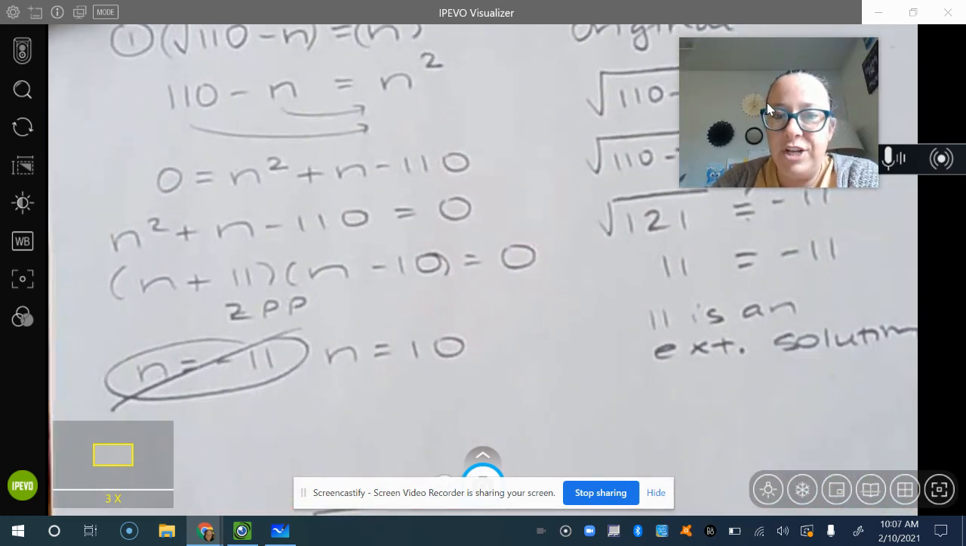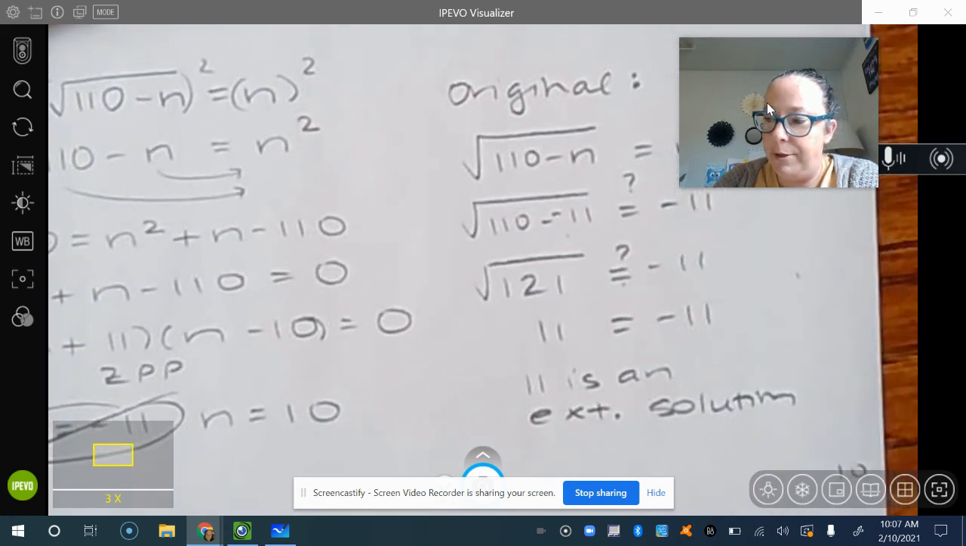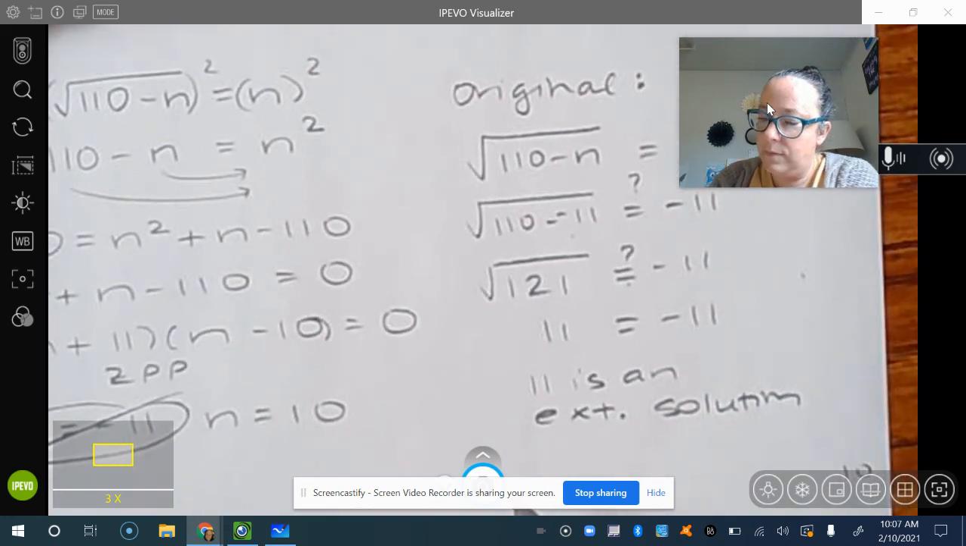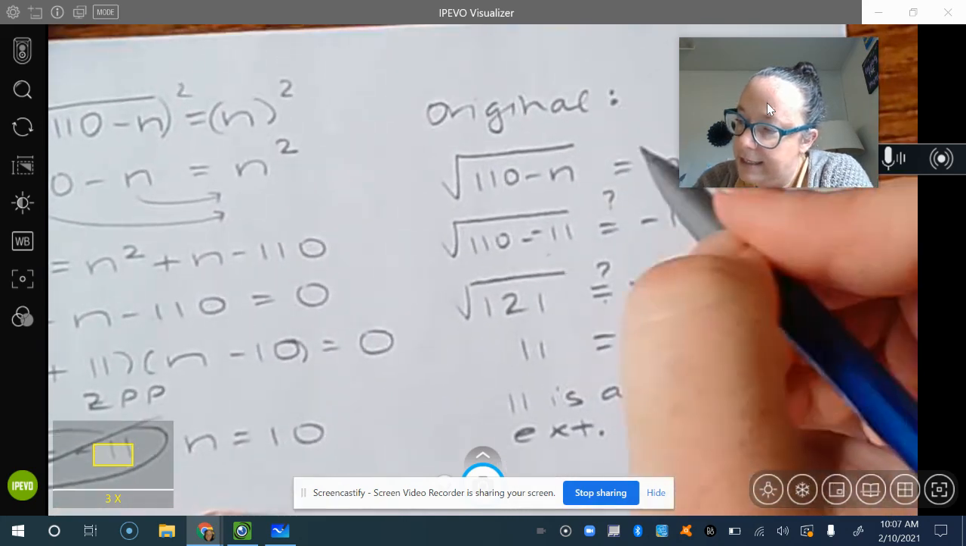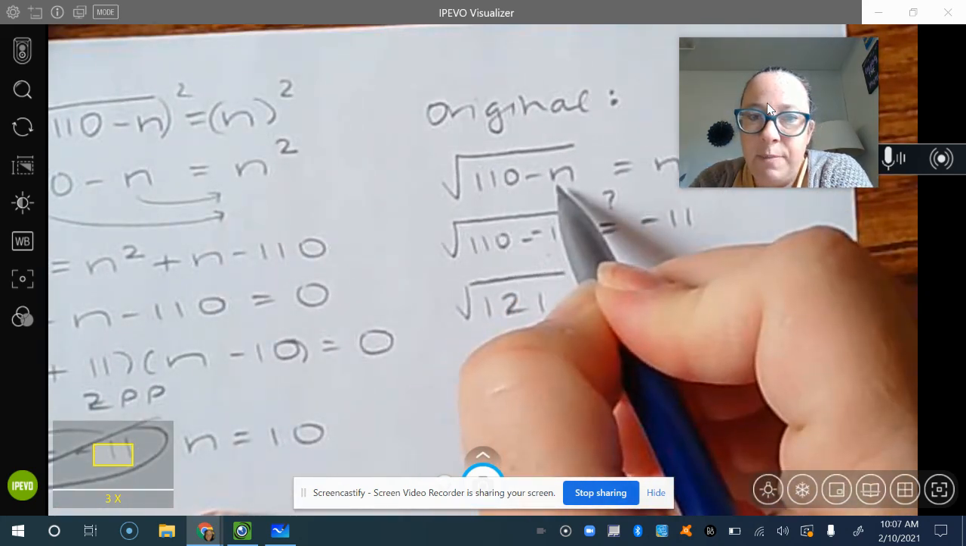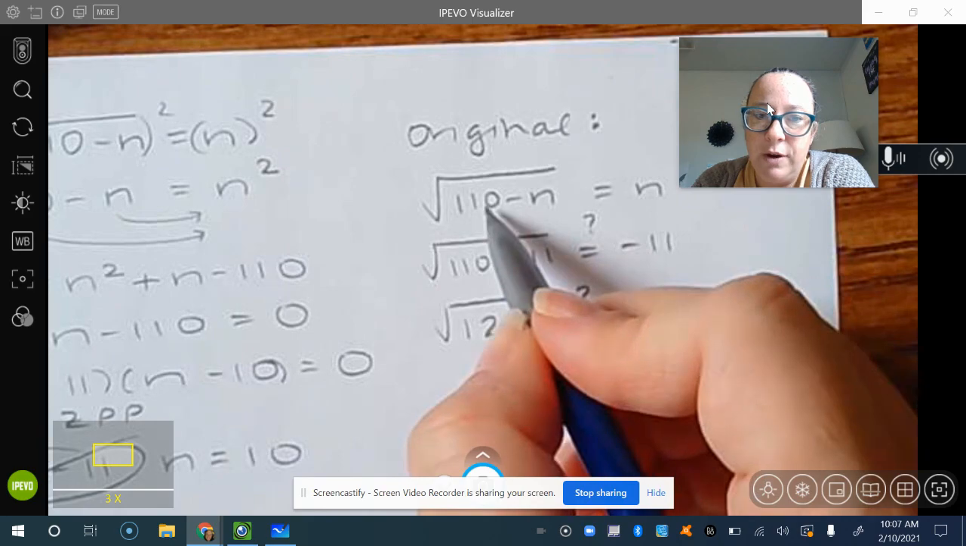All right. Now let's check the 10 in the original problem. So I'm checking the 10. 110 minus 10 would be 100. Square root of 100 is 10. And we